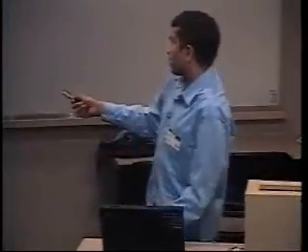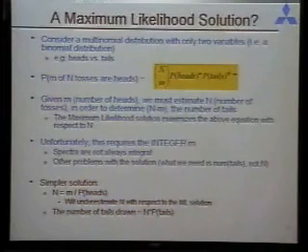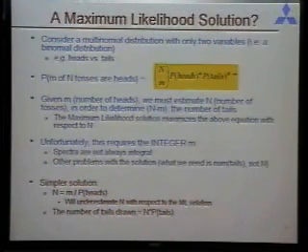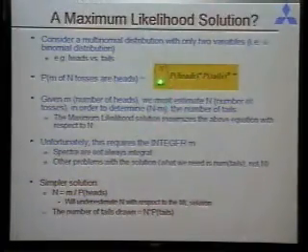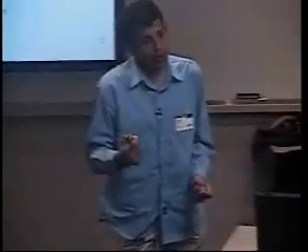Think of a coin toss with a fair coin. Now, the probability of generating, say, m heads in n tosses would be given by this combinatorial formula. And so suppose I told you that someone has tossed a fair coin a certain number of times. I don't tell you how many times he has tossed it. And in this experiment, he came up with 25 heads. Then what is your best guess for the total number of tosses? If you wanted a nice maximum likelihood solution, you would actually stick the number 25 over here and compute this term for various values of n. And the value of n at which it peaks is your best guess for the total number of tosses.